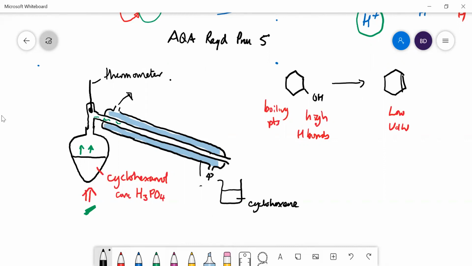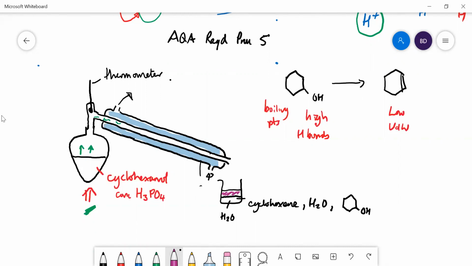And it won't be very pure. It will contain some water. It will contain also some cyclohexanol. And when you collect it, you can see it separates into 2 layers. The bottom layer is H2O, 2 immiscible liquids, and the top layer is the